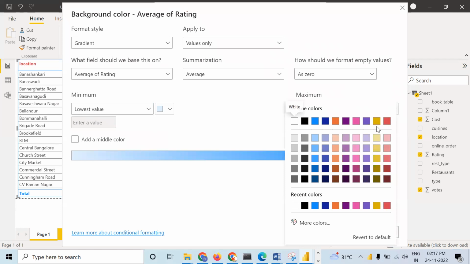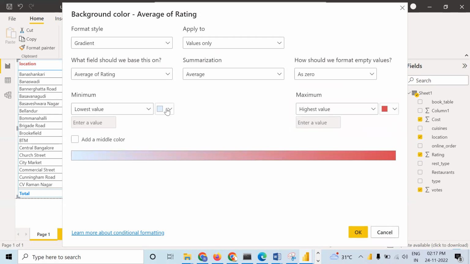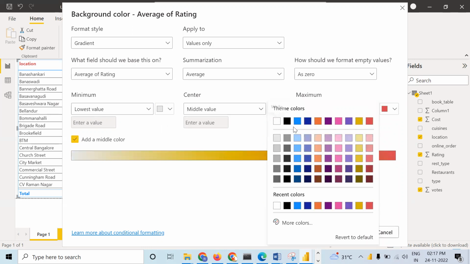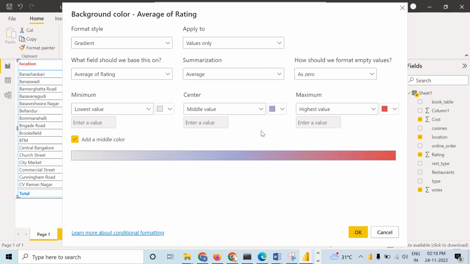Okay. So for maximum, I will take some red color, and for minimum, I will take some gray color, and we can add some middle color also. There is an option, add middle color. Mark this checkbox, and here if you want to put another color, like I am taking this color. Red, blue, then gray. Whichever value is the highest will be shown by a red background color in the cell. The middle one will be shown by a light violet, light blue color. And the lowest one will be shown by this gray color. Okay, when I choose OK,